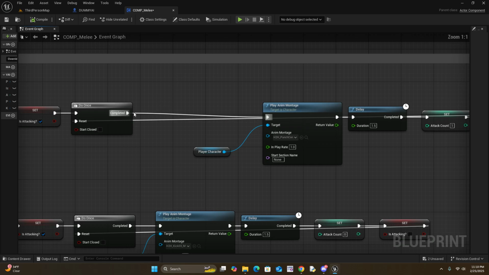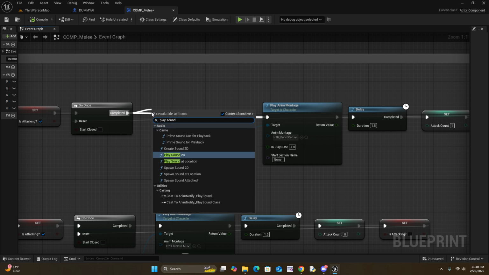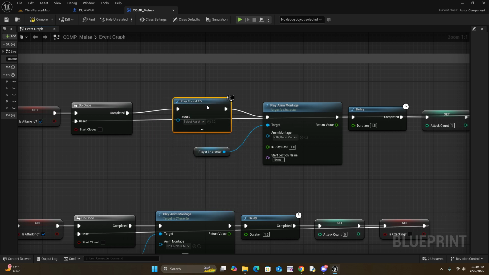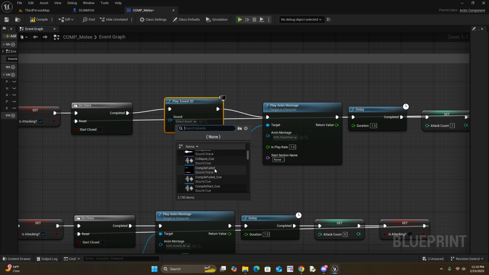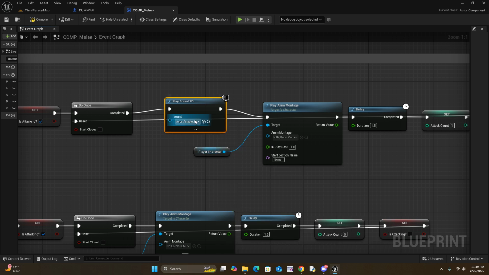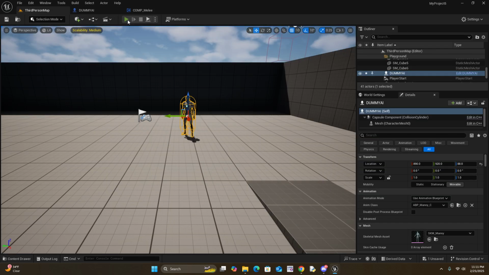Okay, so we can play sound 2D, and let's just type in grunt and see what we like. Sure, that'll work just fine. So go ahead, pick a sound, whatever one you want. We're just going to use this one because we are on the Quinn skin. We're going to use voice female growl. All right, so now when we go to attack,